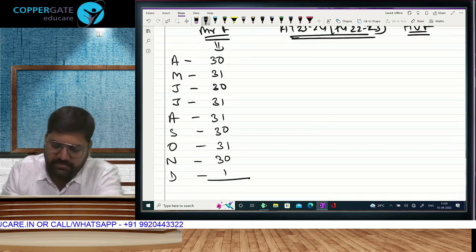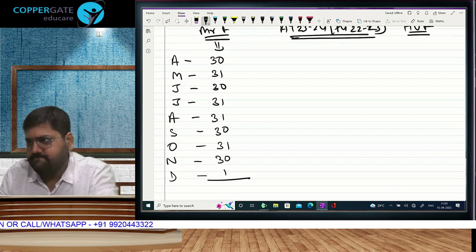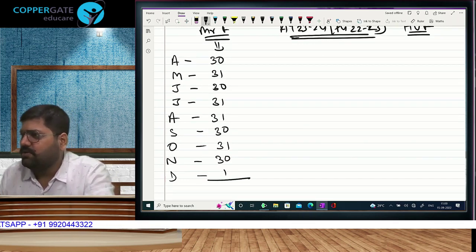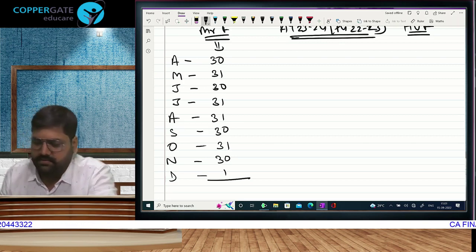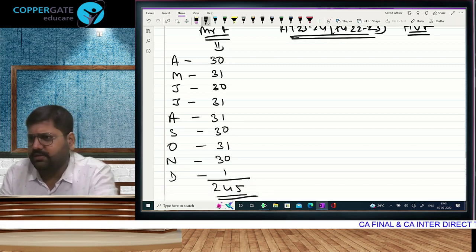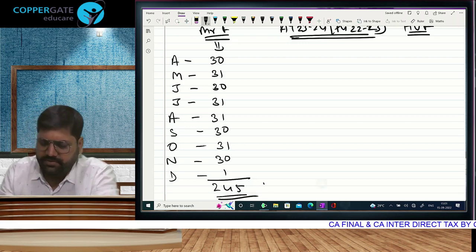He left on 1st, but we include that. Mental maths. Exam mein if there is 30 plus 1, you will check on your calculator, it is 31 ke 30. 245. Is that right? Very easy to conclude the residential status of Mr. F. Therefore, he is a